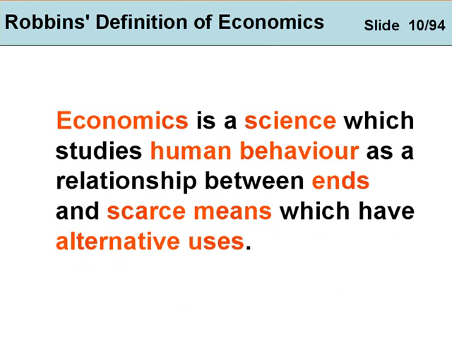Now, in a class of this length, we can't deal with all of these in great detail, so there'll have to be subsequent classes to look at each of these in more depth. But for the purpose of this exercise, we can run across roughly what's meant by each of these terms, and this is what will take the rest of the video. We will look at what's meant by each of the terms from the Robbins definition. So let's start, and we'll start by looking at science and what's meant by science.